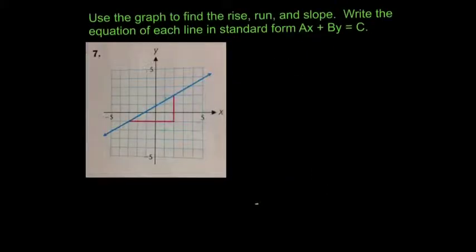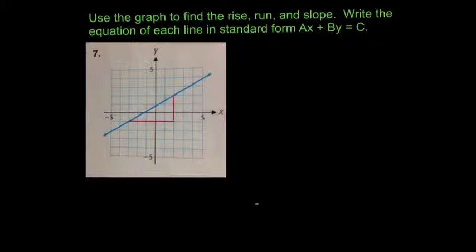In this section, we have to use the graph to find the rise, run, and slope. Then we have to write the equation of the line in the standard form ax plus by equals c. You can see this graph connects 2 points for us using the horizontal distance of the x-axis and the vertical distance of the y-axis. If we think about it in terms of rise and run, to go from this point